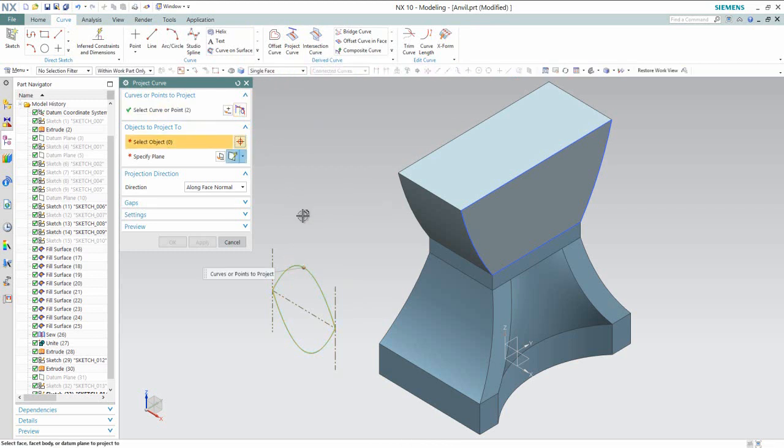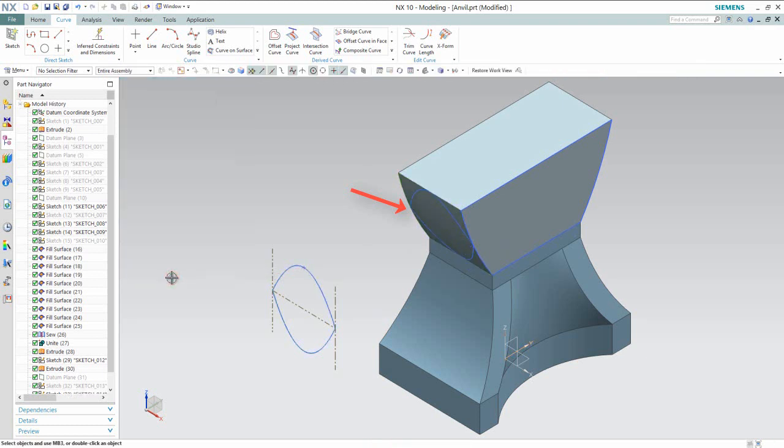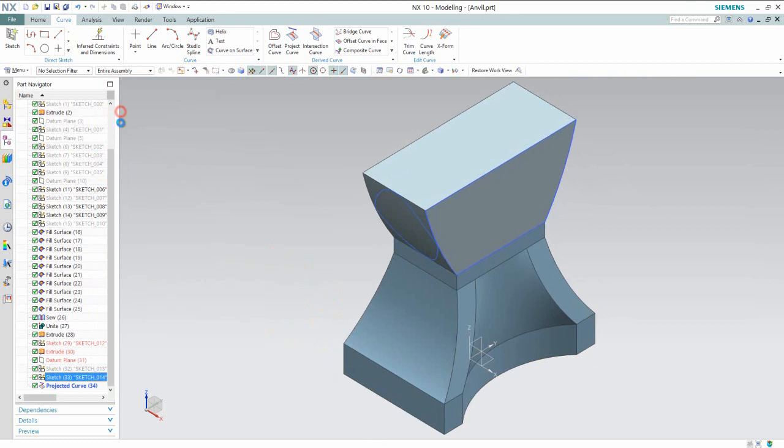Select this face. In the direction area, choose along vector option. Select the y-axis. OK. Now see the result. My studio spline is placed on the curved surface of the anvil. OK, open the visibility of the circle.